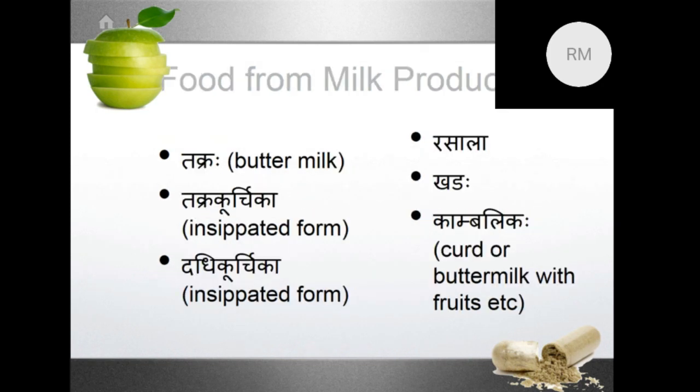Then there are other specific diets which are advised in Ayurveda to strengthen the digestive fire, and these are from milk products. A very important dietary supplement for stabilizing digestive fire is buttermilk. So I would like to ask whether those of you who are now participating in the webinar are using buttermilk? It's my understanding that in the West, yogurt is used more than buttermilk.